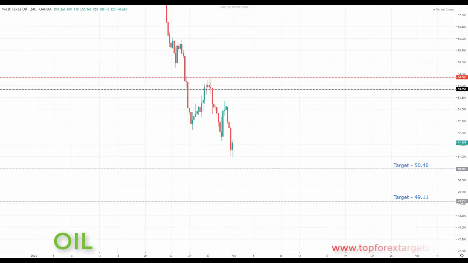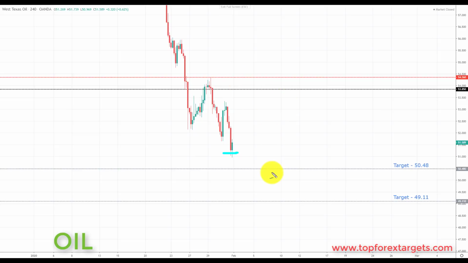So next market that we're going to look at is crude oil. Now, last week we were looking for a decline down towards the target set at the 51.22, and we actually finished the week just taking out that target again, almost to the pip at the 51.22, and we had a little bit of a bounce from this area. Very simply put, going into next week, we're looking for further declines to the downside.